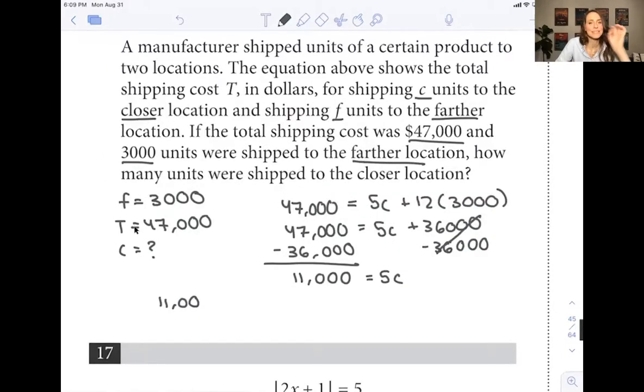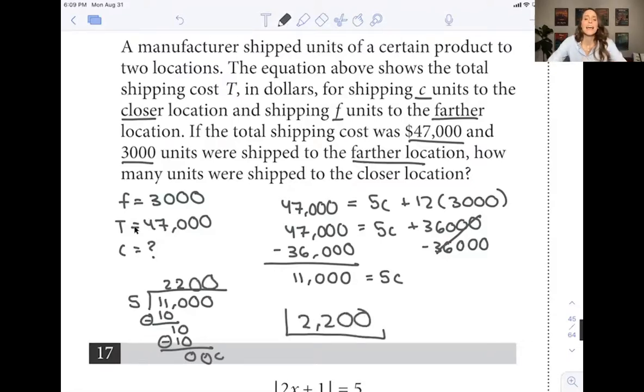5 goes in a 1 0 times. 5 goes in an 11 twice. 2 times 5 gives me 10. I'm going to subtract. 1 minus 0 is 1. 1 minus 1 is 0. Bring down that 10. 5 goes in at 10 twice. 2 times 5 is 10. Subtract again, and then I'm just going to bring down those zeros and add my zeros there. So my final answer is